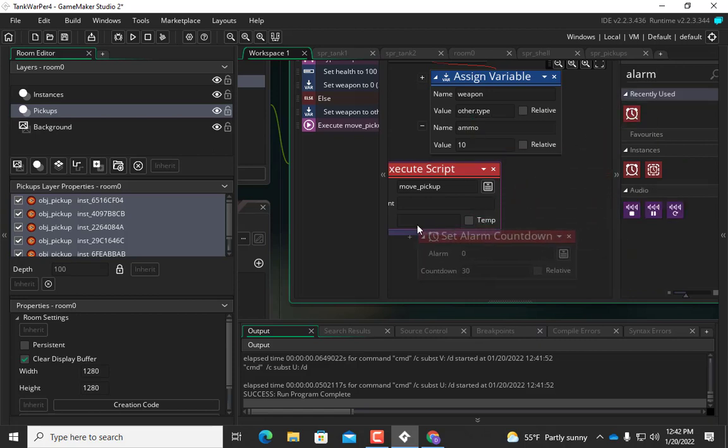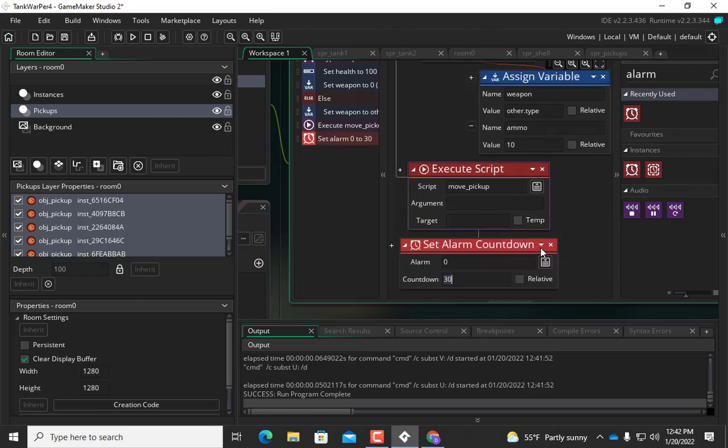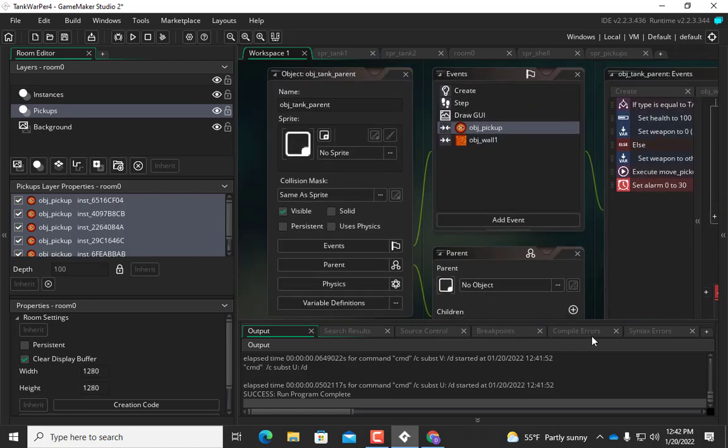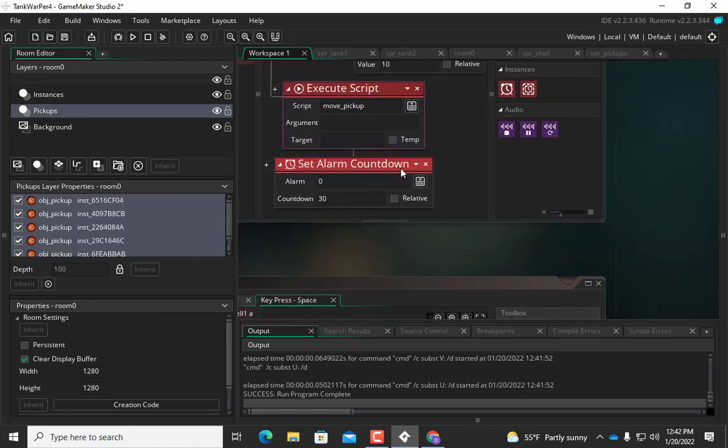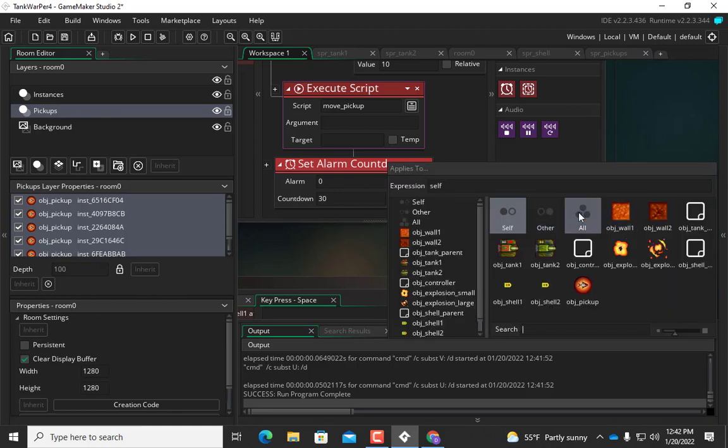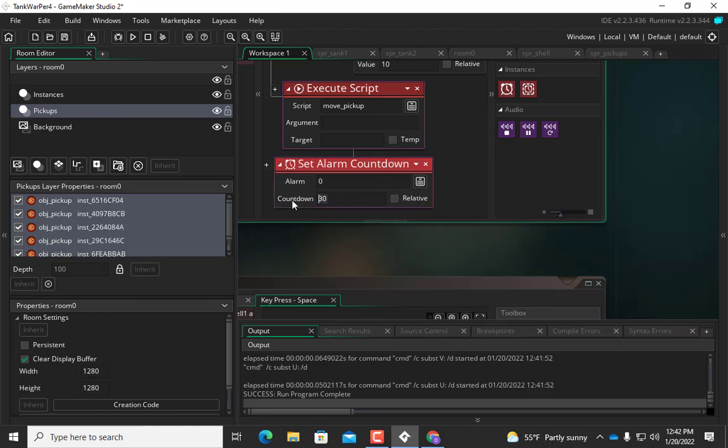So we set the alarm. Again, we're in the tank. Okay, we're in the tank object. Let's just make sure we're in the tank object. There's the tank object. So we have to say other here. Other. And again, set it to, we said 50 times 10 is 500. Okay. So we set the alarm there, and then also